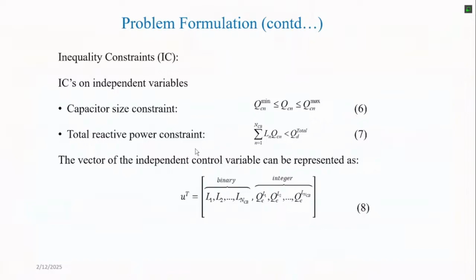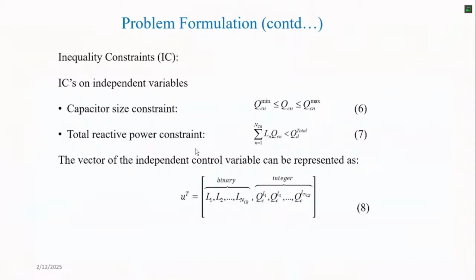So that constraint we can take care of, though I have written it directly in general, but it is not like this, it is a specific size. So we have to take care of this constraint. Another, total injection should not be more than the total demand, which is again related with power factor and those things. These two we can say are independent variables.